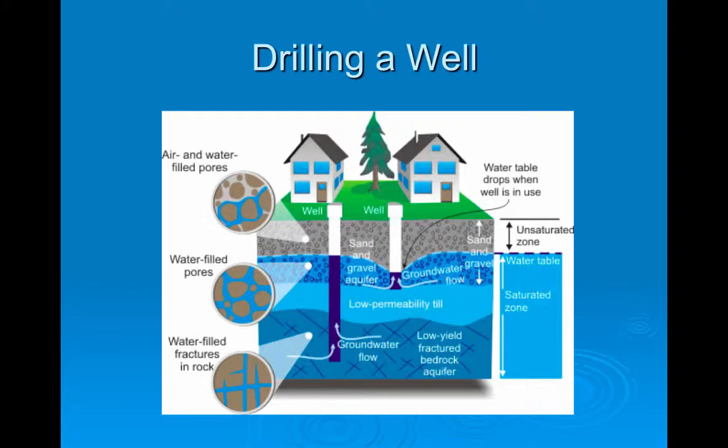Places like California, they're drilling wells upwards of a mile deep and they're having a tough time hitting water. So another consequence of aquifer depletion is that you've got to sit there and drill your wells deeper and deeper, which becomes an expense for those who depend upon that water source.